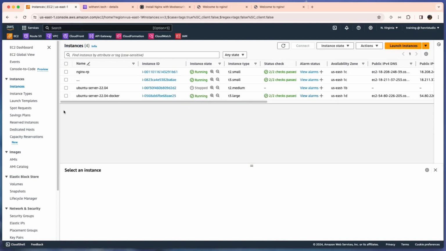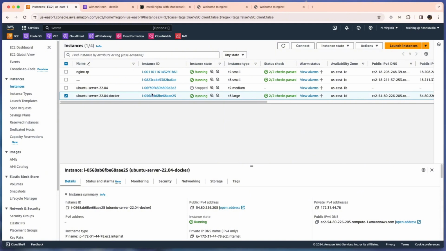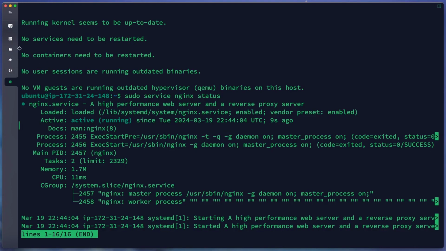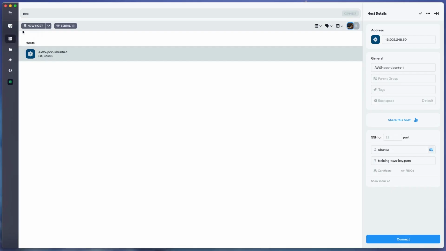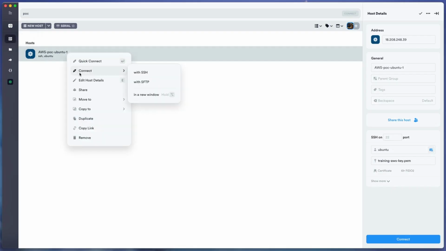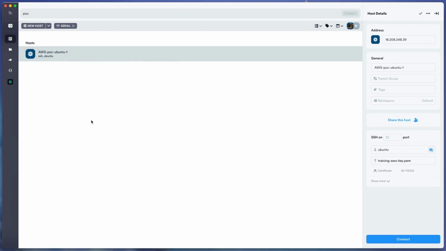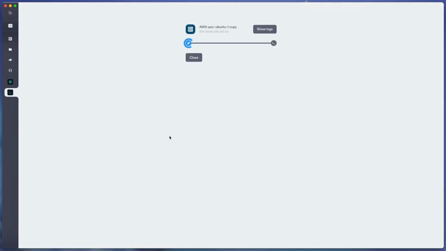It's up and running also. We copy the public IP. We duplicate to go to our Docker server.